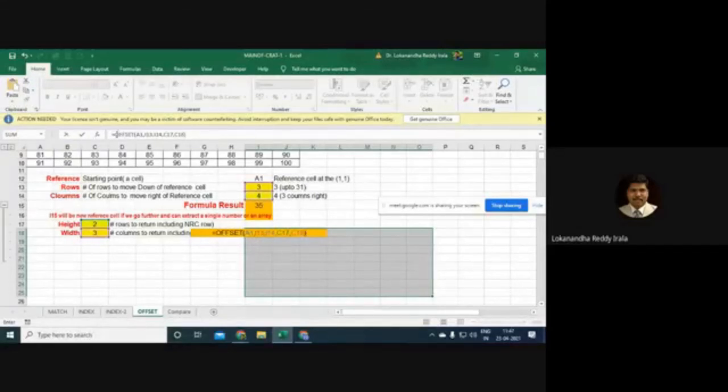But before this formula, you have something called IFERROR. If error, that means in case there is an error in this formula, you return me 0. This IFERROR, did we discuss anytime before?